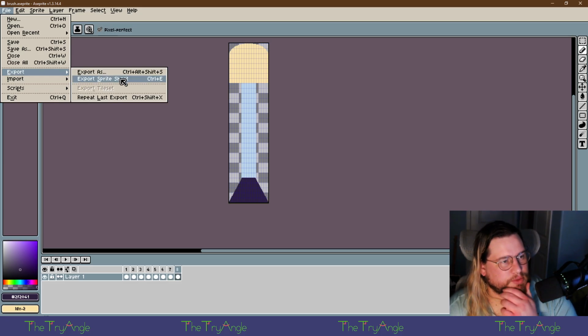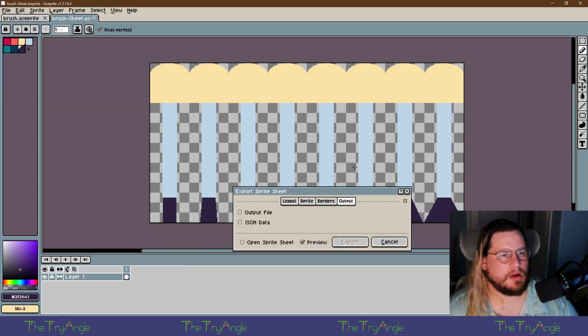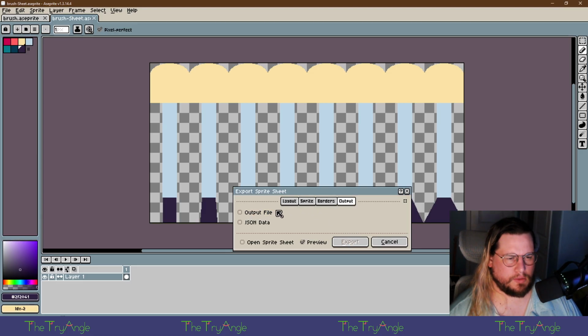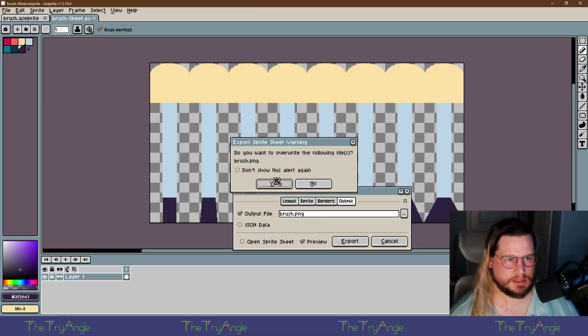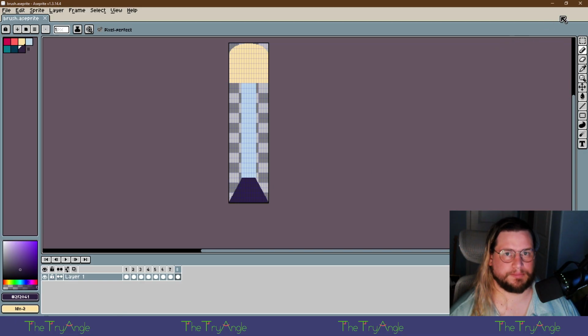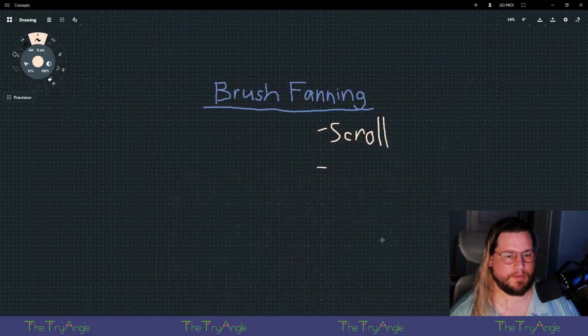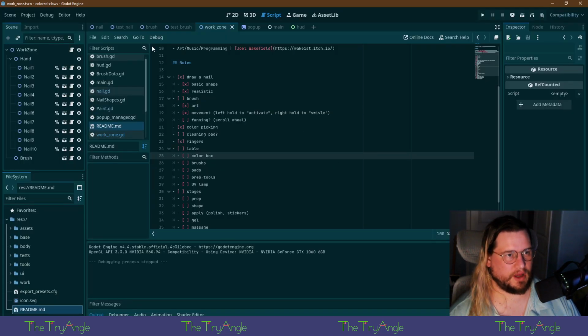Oh yeah, we need to export a sprite sheet. Oh, yes. Yes. Okay. Good notes. Nice work.